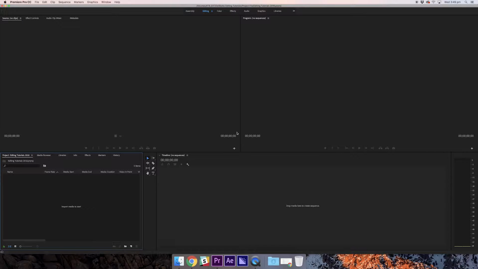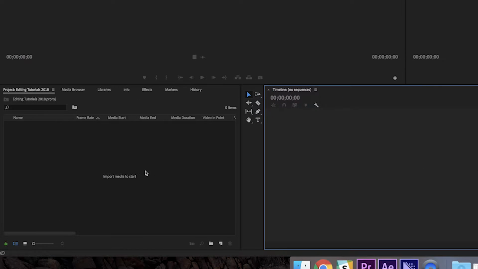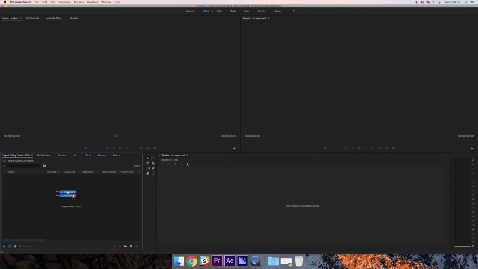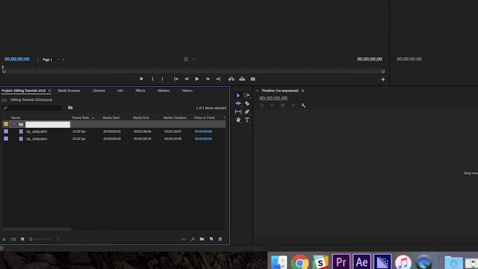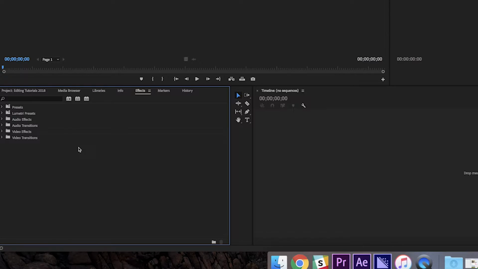So here are the main panels of Premiere Pro's workspace, which we'll be using in the future tutorial videos. Your project panel is on the bottom left-hand side of your editing workspace. This is where you'll be storing all of the media that you'll be using in your cut. The easiest way to import media is to drag and drop them into the project panel. You can then create a folder, or bins as they're called in Premiere, to sort your media. There are other sub-panels within the project panel, such as the effects panel, but we'll get to that in another